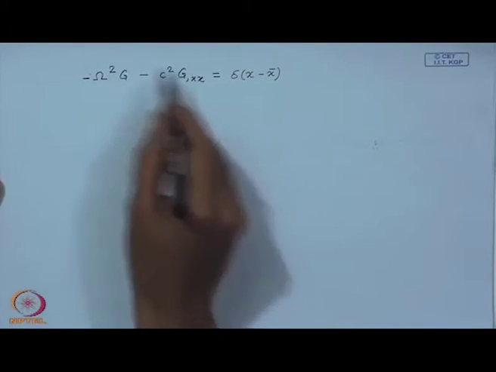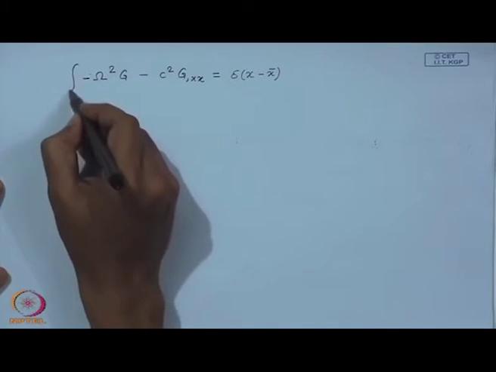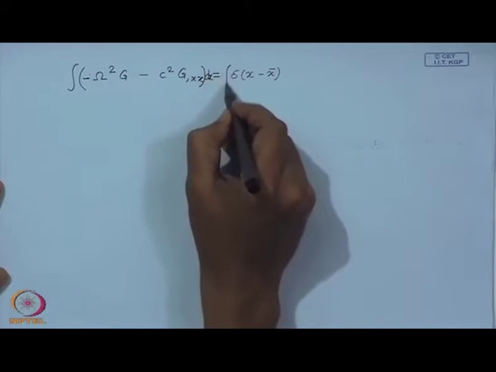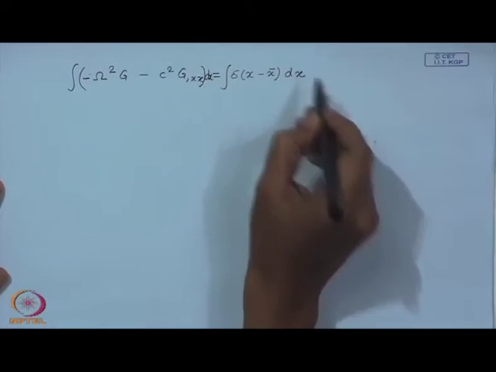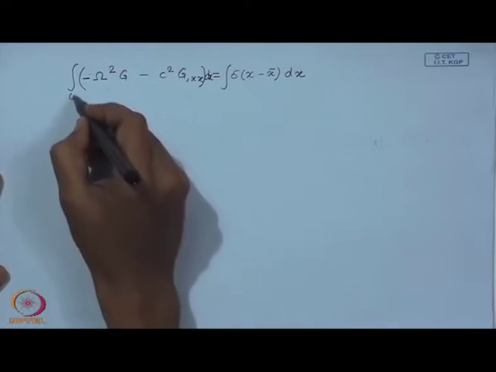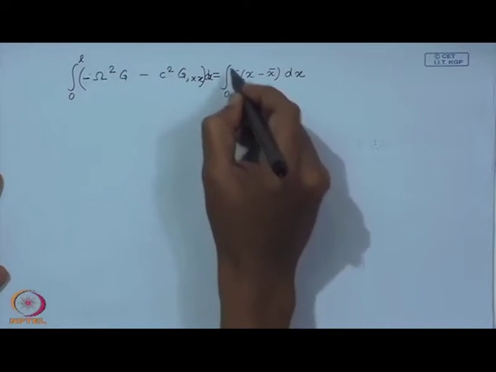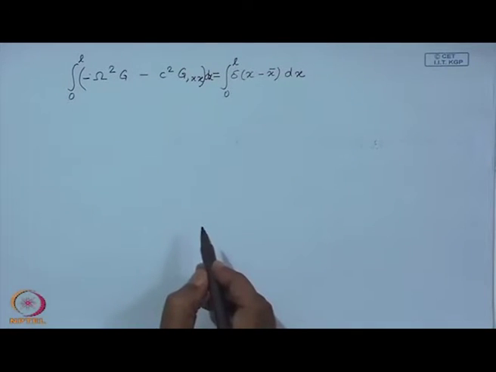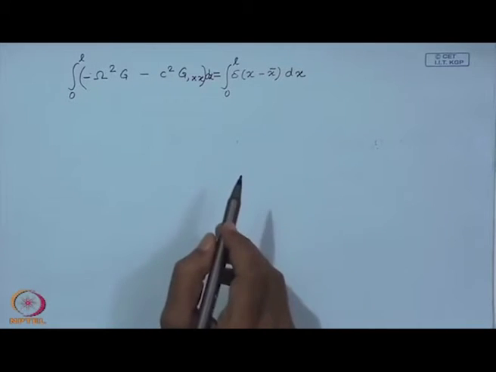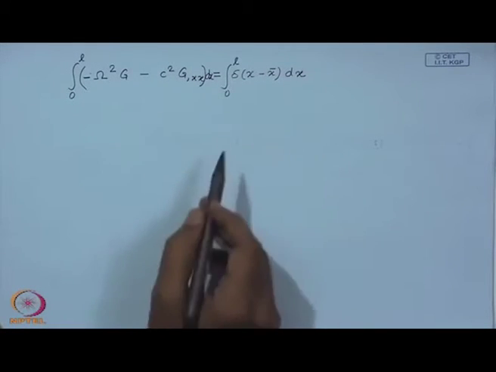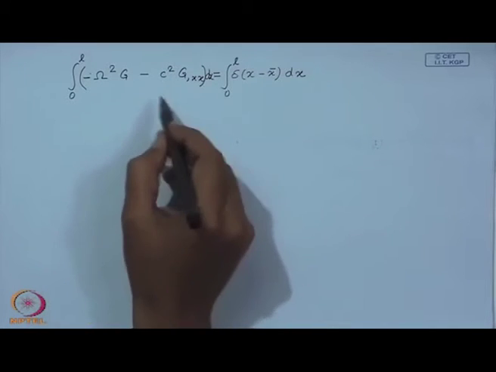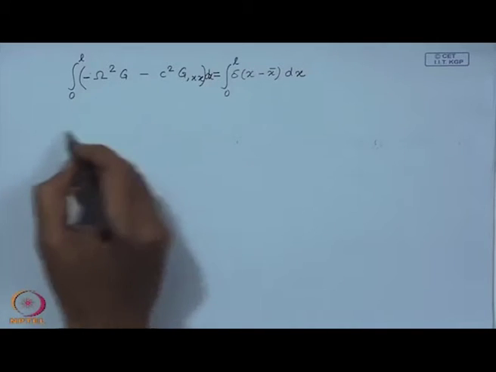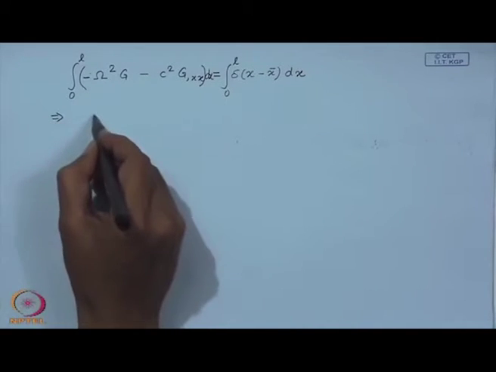So, if we integrate this equation on both sides over the domain of the string, then we can easily obtain the 4th condition, which is nothing but the force balance condition at the junction x equal to x bar. So this therefore implies